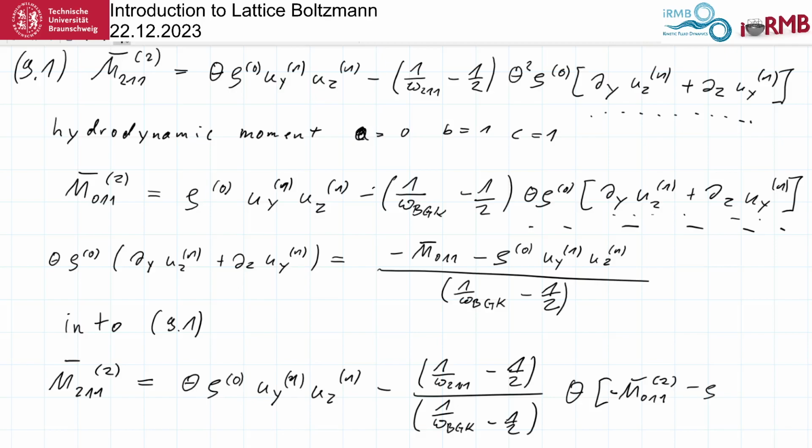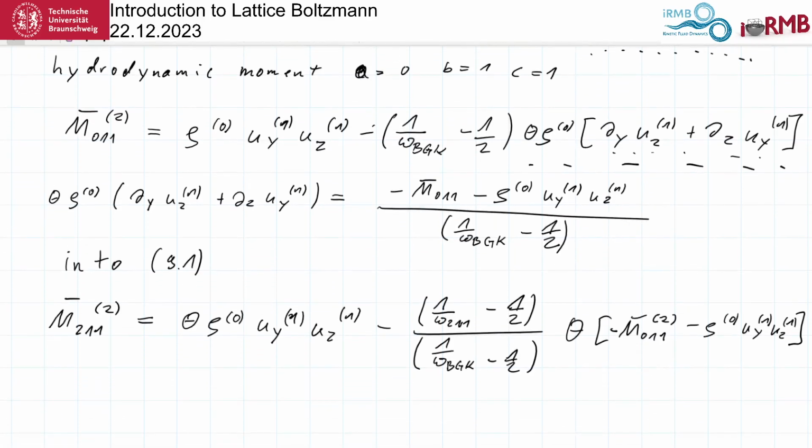Minus rho 0, u_y first order, u_z first order. And now this is how it looks. So now we can make a relationship